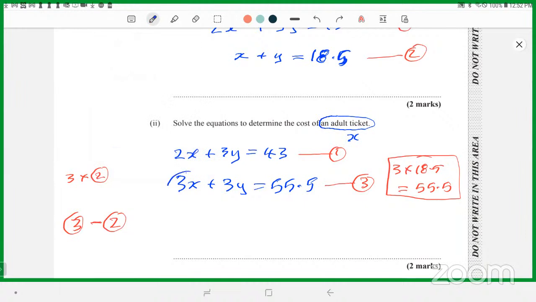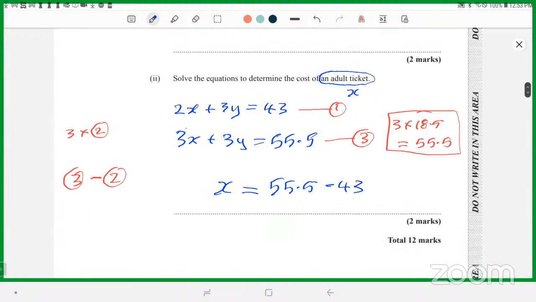So it's easy now. 3x minus 2x is x. X equals. Then it becomes 55.5 minus 43. Because remember, I know this 3y minus this 3y. The 3y is eliminated. So I know it becomes 55.5 minus 43. When I finish, I'm going to put my dollar sign on it. So x equals, I'm going to put my dollar sign on it just to see what the cost is. I can calculate that and then put the dollar sign. So I'm doing 55.5 and I'm subtracting 43. I'm getting